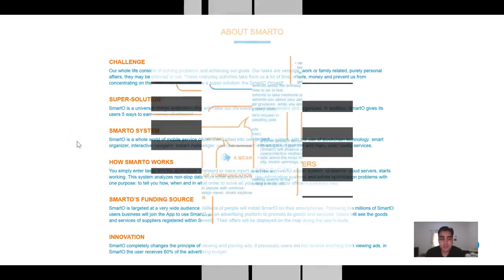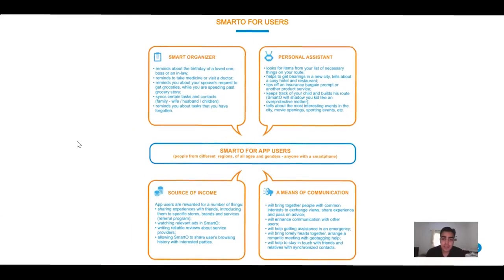SmartO for users. You'd have Smart Organizer, Personal Assistant, Source of Income, and a means of communication. SmartO for app users: people from different regions, of all ages and genders, anyone basically with a smartphone. Smart Organizer would allow you to organize reminders about birthdays of loved ones, boss and in-laws, and many other things,